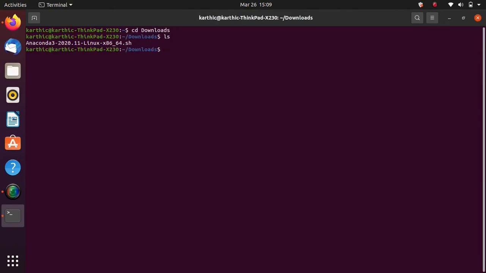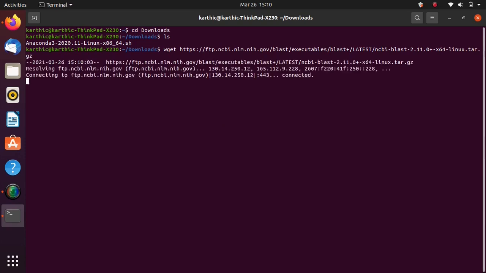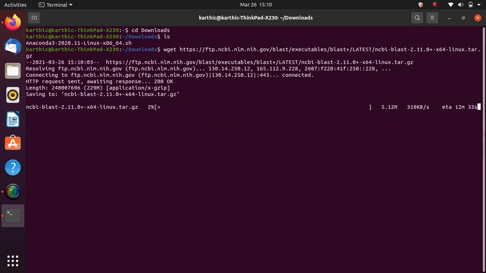The command to download is wget. It's very simple. You just have to type wget and then paste the link which we have just copied, and then hit enter. So the download starts. You could see the progress bar as well.